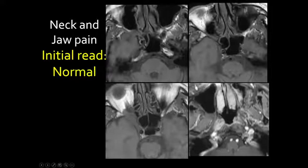So this is a patient with neck and jaw pain. The initial read of this was normal, and this is an in-your-face miss. If we look very closely, we see tumor in the pterygopalatine fossa, normal fat on the left, tumor in foramen